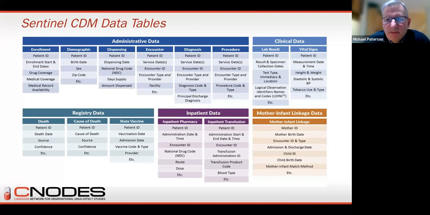So all of those encounter-based sources I talked about earlier, the physician service claims, the discharge abstracts, same-day surgery records, emergency department records, and all of these tables are linked at the patient level using a unique patient identifier. In Canada, typically a coded version of our health insurance number. And then for the encounter, diagnosis, and procedure tables, these are all linked through a unique encounter ID. So they're linked across the different contributing sources here, the diagnosis codes, procedure codes, and so on at the encounter